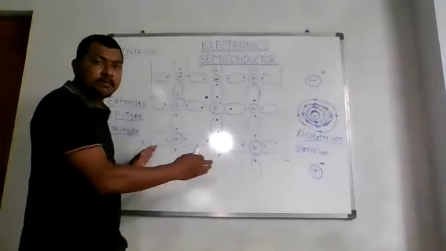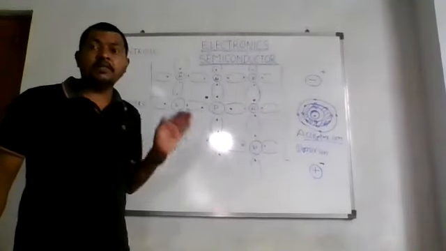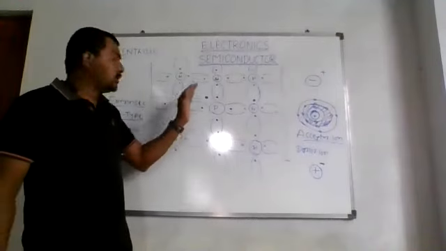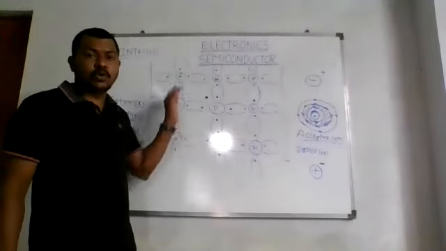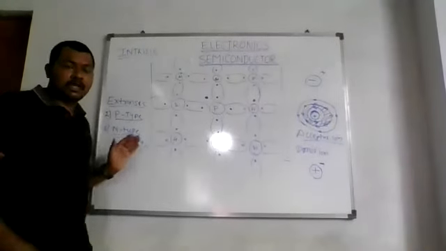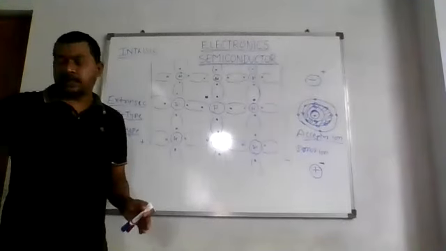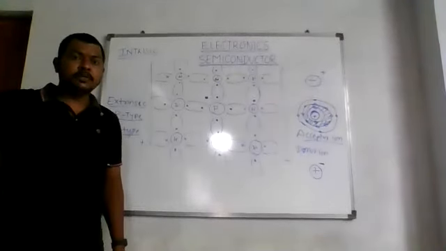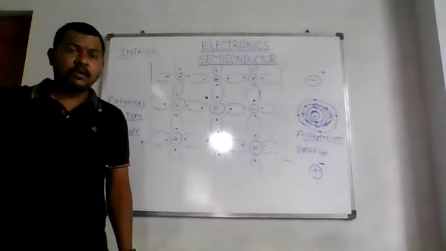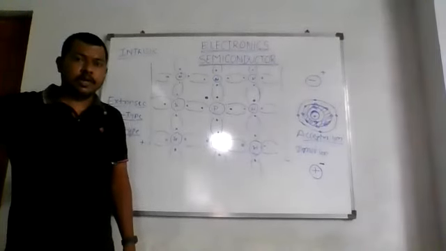When an electric field is applied to this N-type semiconductor, the flow of current is due to the excess electron present over here, and that is why it is called the N-type semiconductor. I guess you have understood this. This was what we learned yesterday. Is there any problem? You can ask me on that. Anybody can unmute and reply.